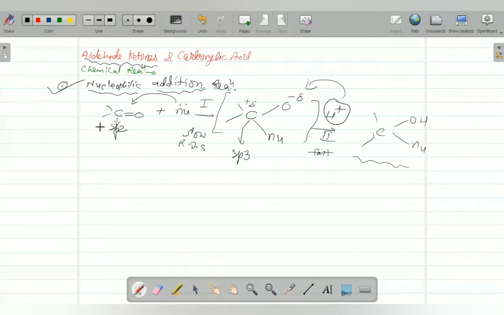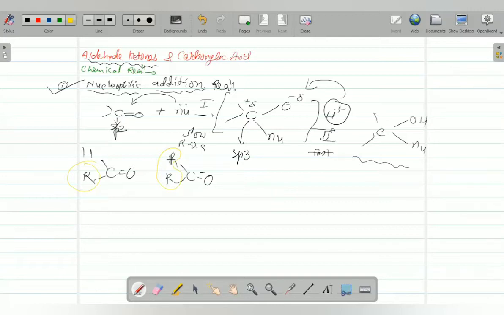And if we talk about the reactivity of aldehydes and ketones, generally aldehydes are more reactive. Why? Because in the carbon oxygen double bond, here it is H and here it is R, and in ketone both R and R are there surrounding the carbonyl group. So ketone gives more steric hindrance to the carbon. Here only one R group, here two R groups. So this protects it from being attacked by the nucleophile.